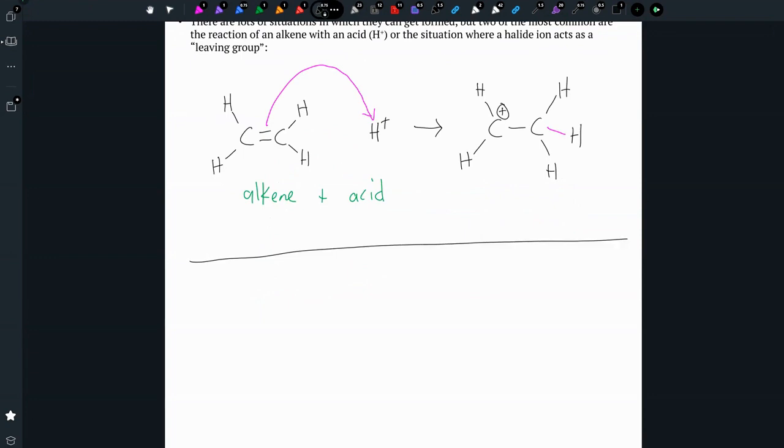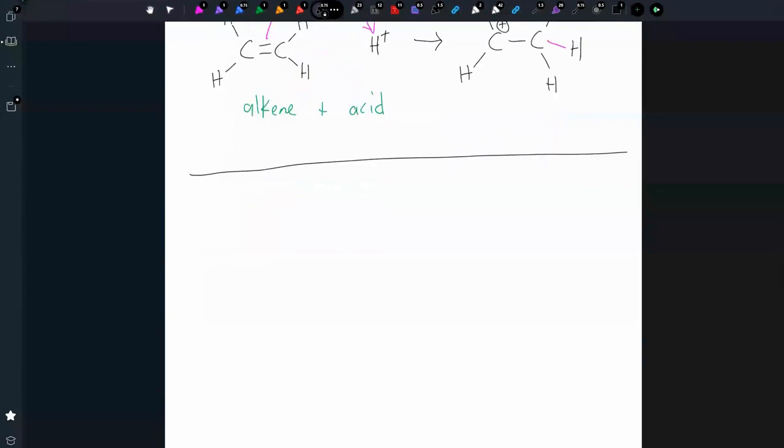Another situation where you will encounter carbocations is when you have, say, an alkyl halide with bromine or chlorine or iodine. Bromine and chlorine and iodine, those are what we call good leaving groups. We've seen that they're the conjugate bases of strong acids, which means they're pretty comfortable being on their own with a negative charge. And so when you have an alkyl halide like this,